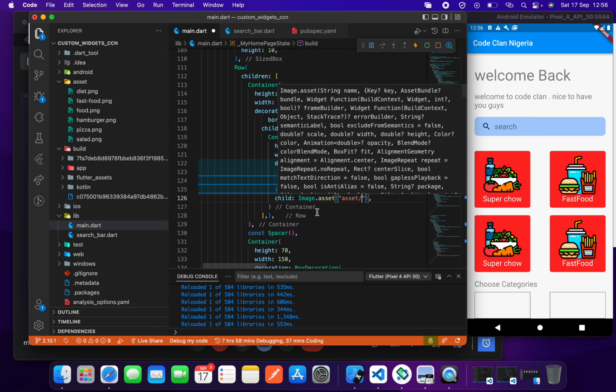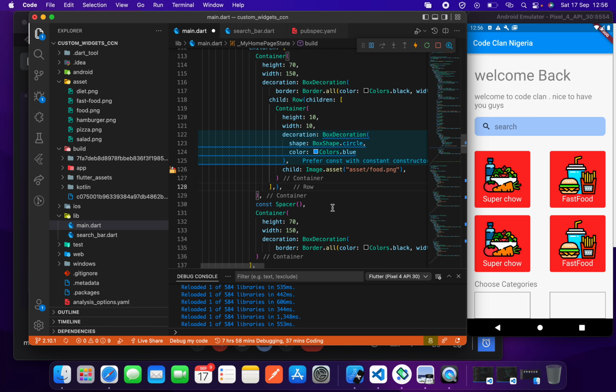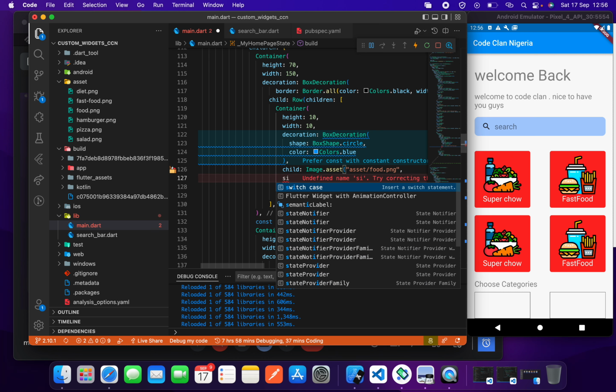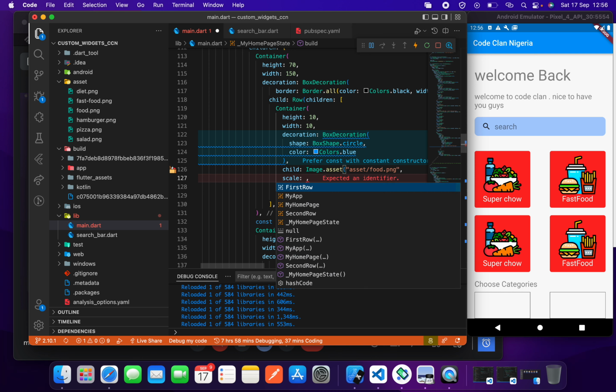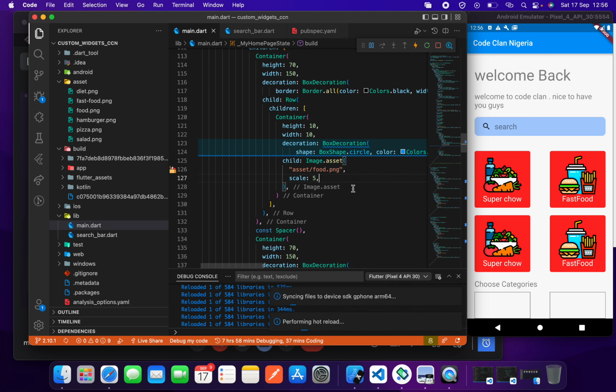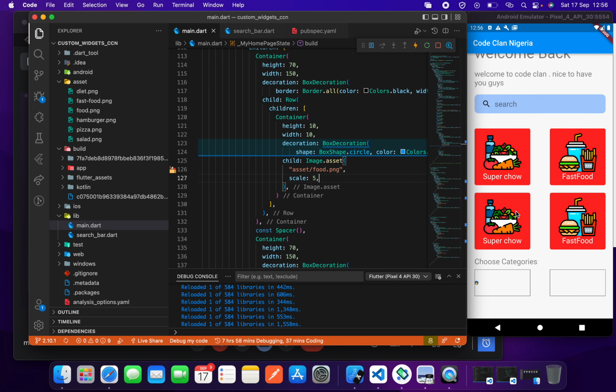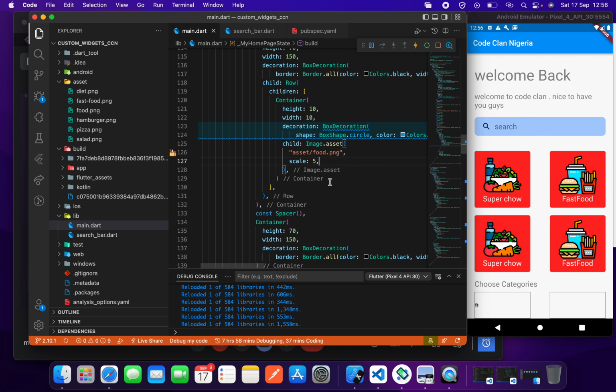So let's do food. We'll do food dot png, and we'll give it a size, sorry, scale. Scale should be like 5. Right, let's make it less than 5. 7,